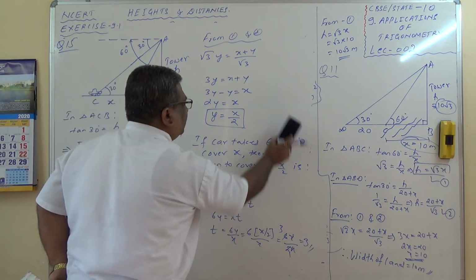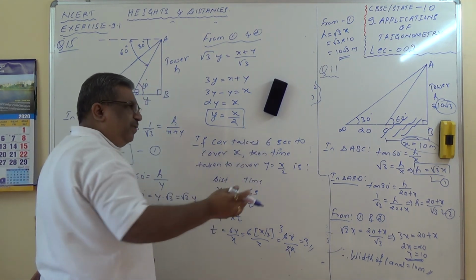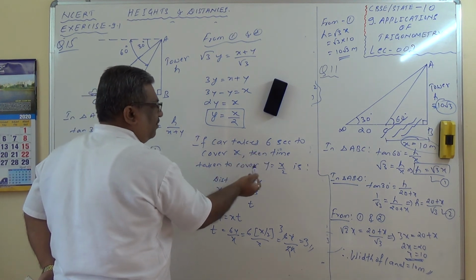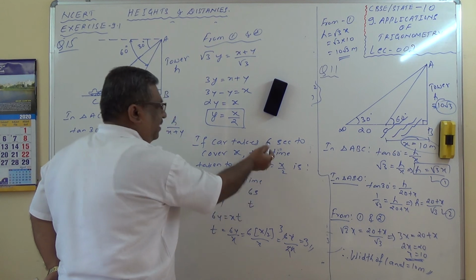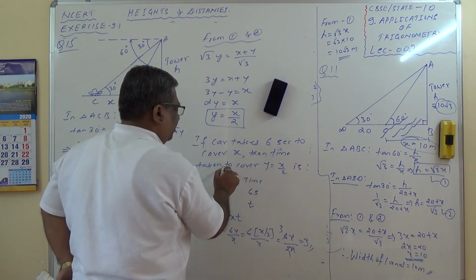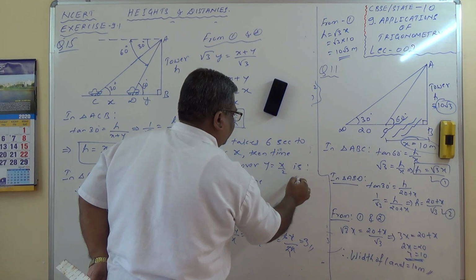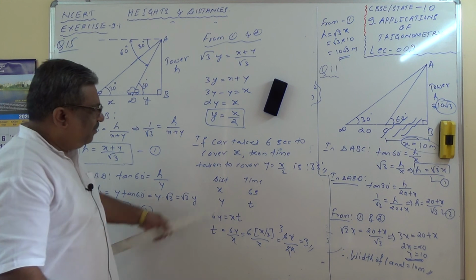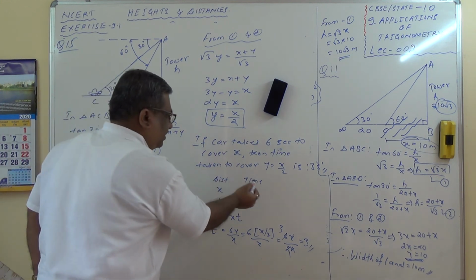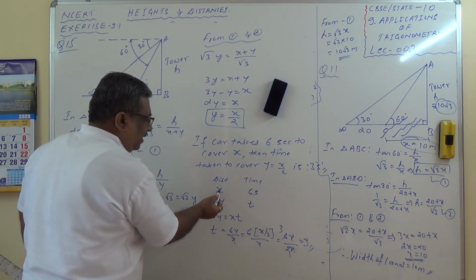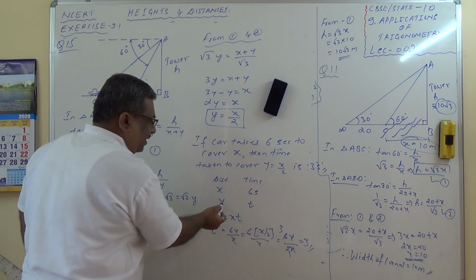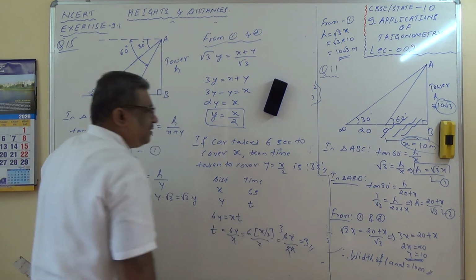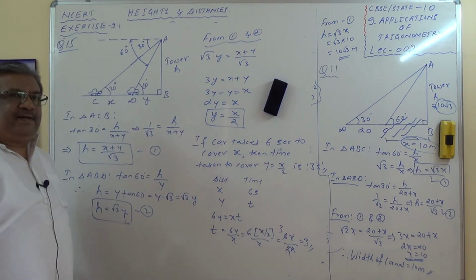But you should have common sense. If the car is moving with a constant speed, it takes 6 seconds to cover x distance, and therefore to cover half the distance, x by 2, it takes 3 seconds. So directly, the time taken to cover y equals x by 2 is 3 seconds. My answer is here itself. That's all, I will not work it out. This is only for you people to understand distance and time. Let x distance be covered in 6 seconds, y distance in t seconds. Cross multiply, find t equals 3 seconds. I hope you are able to understand.